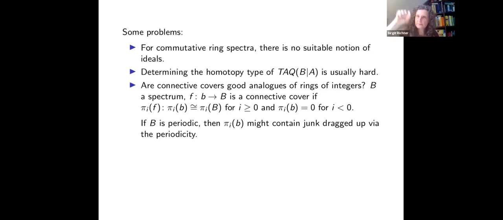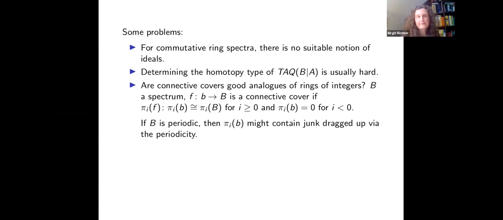For instance, if you have a periodicity, it might just take elements in positive degree, drag it back down into lower degrees with the inverse of the periodicity element, but you still are in positive degrees. So, but you have a negative power of your periodicity element in there somewhere. So you might create junk that you probably want to cut away, but not with just sort of sawing it